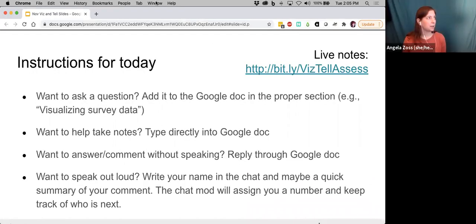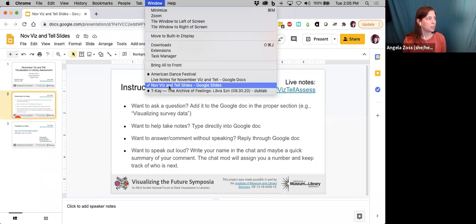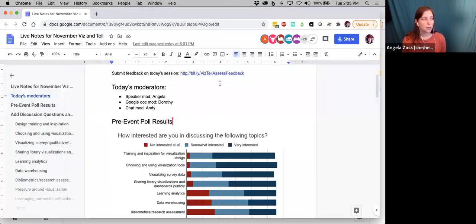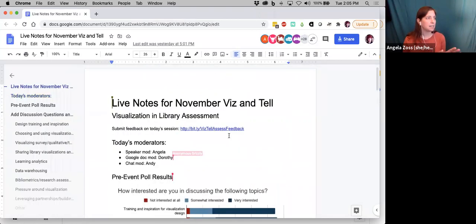And actually, I'm going to go ahead and share what the Google Doc looks like. So for those of you who have already opened it up, you will have seen this, but if not, I'll bring the link right back up in a second. But this is our live notes document for today. When we saw that we had over 100 people and it eventually got up to about 170 people register for this, we knew we wouldn't necessarily get everybody tuning in live, although we have 90 right now, which is wonderful.